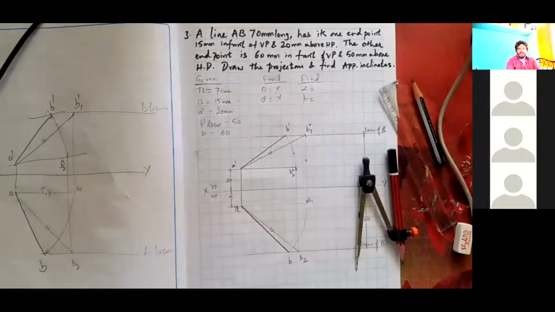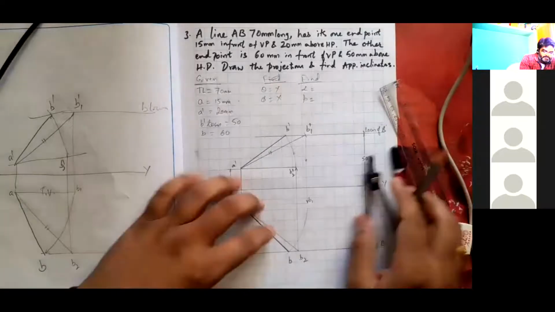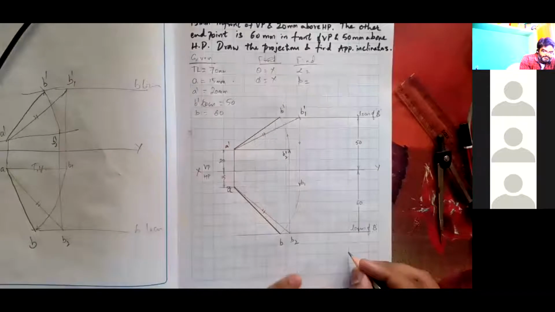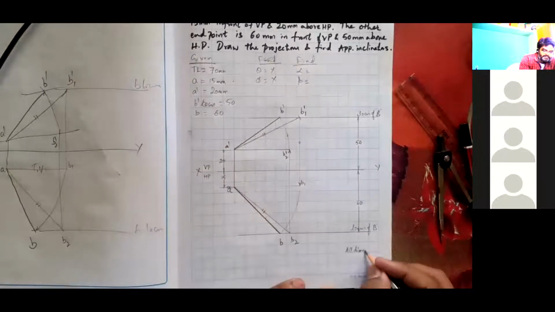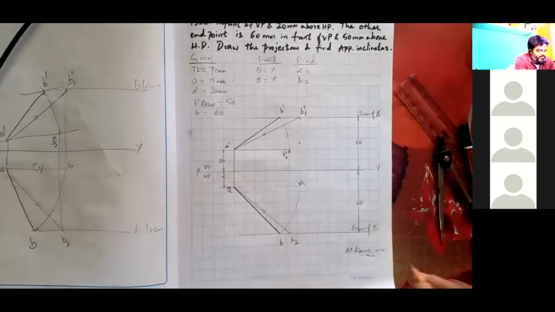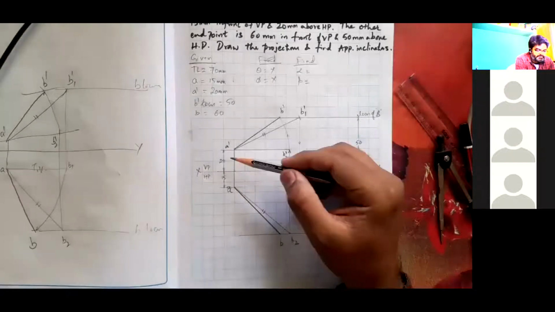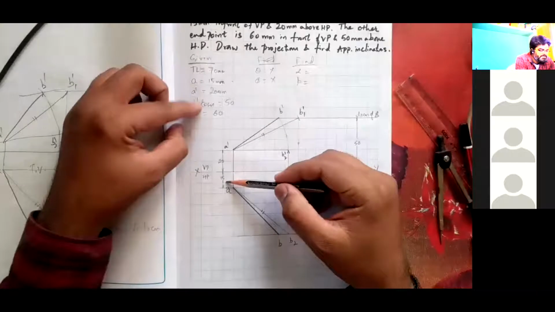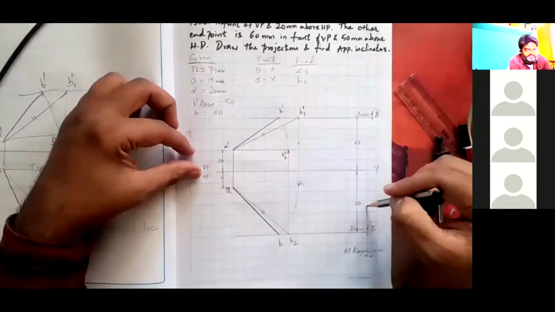I hope parallelly you guys are completing the problem. So what I'll do here is, all dimensions are in millimeter. Let us check what are the dimensions that I have to make. 20 given in the problem, 15 given in the problem, 60, 50, 60 given in the problem, 70 is given in the problem. Please dimension 70.